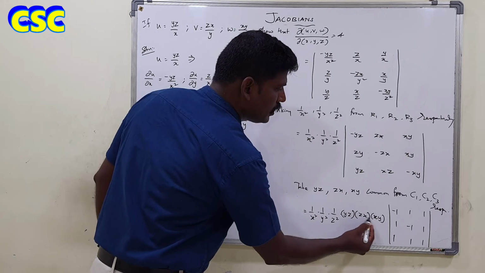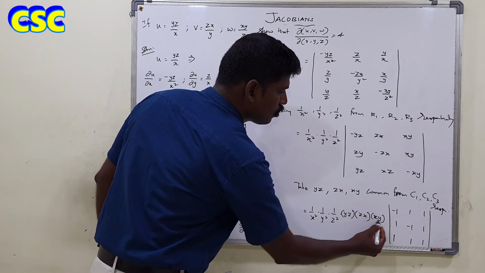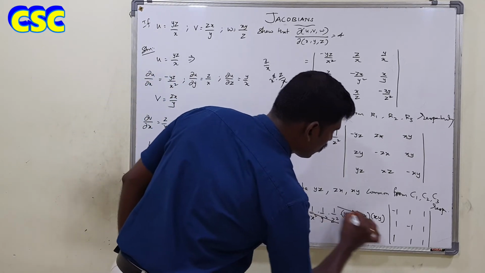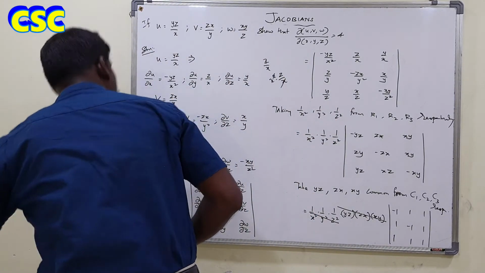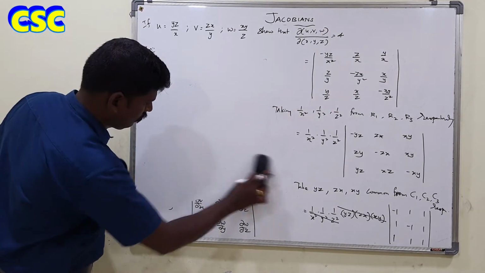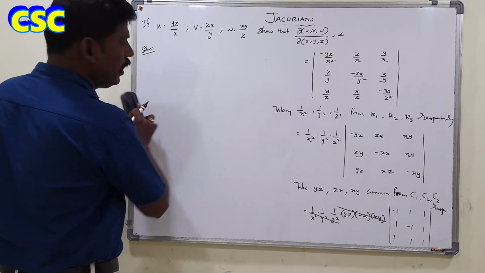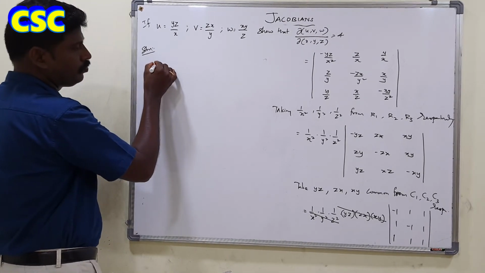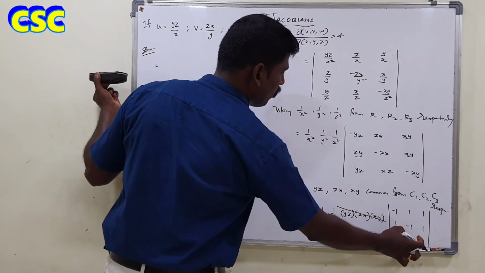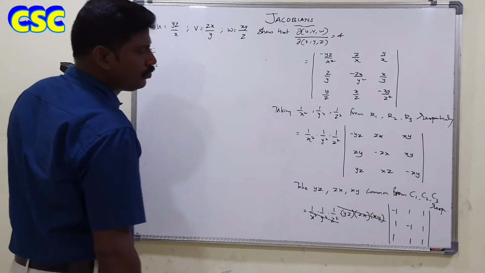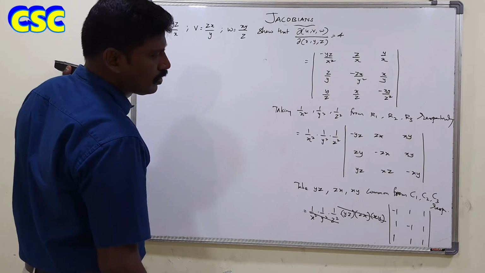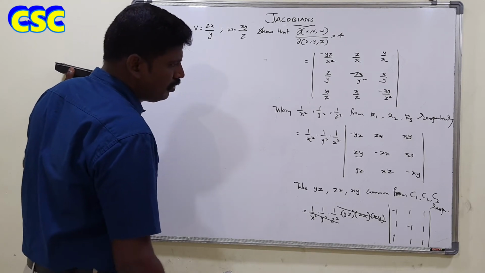What is this value? X into x, x square. Isn't it? X square, y square, z square. That can be cancelled with this one. So these x square, y square, z square cancel with this one. Right? So what you will get? The remaining determinant is this one. This is the remaining value. That is the determinant. Okay. Right. Now expand through R1. Or we can go for further simplification, but no need to do it directly.